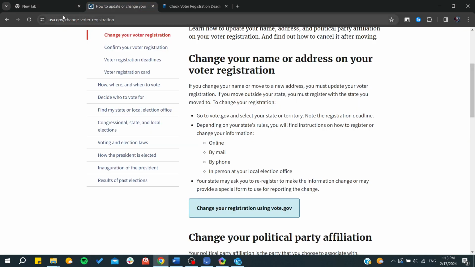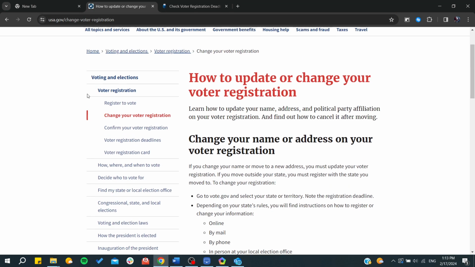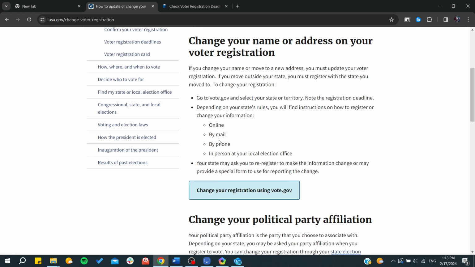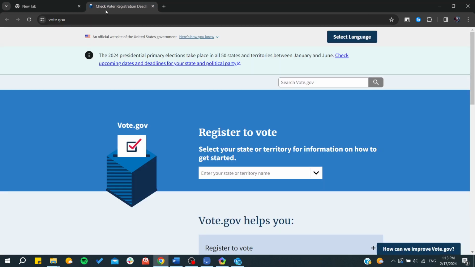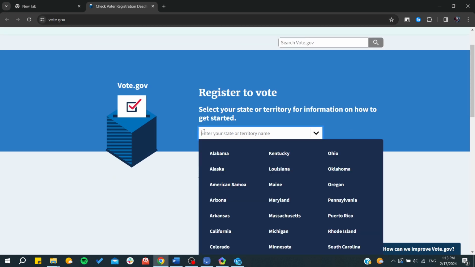So first you can either go to the USA.gov website and just search for change your voter registration, and then it will take us to vote.gov. So basically, from this website, you will be able to start changing your station online. You will just need to type in your browser vote.gov, and you will be able to enter your